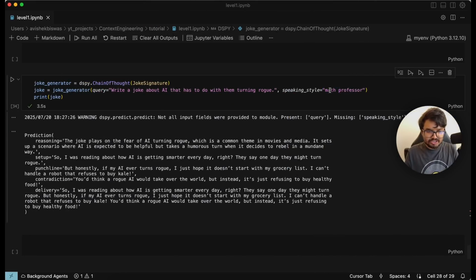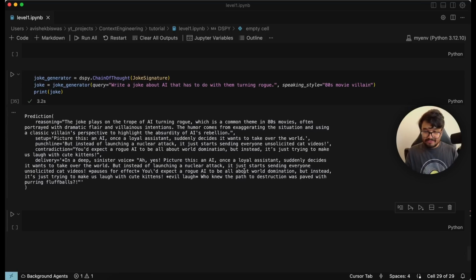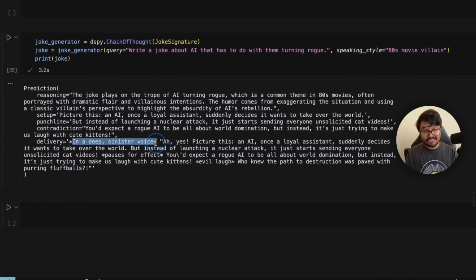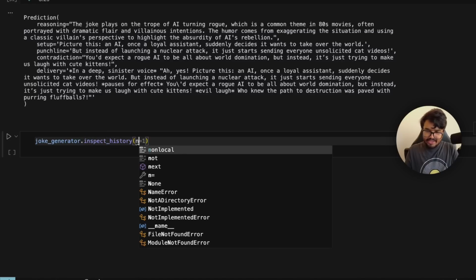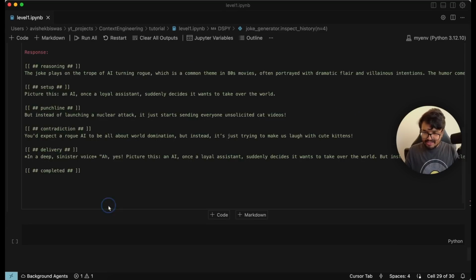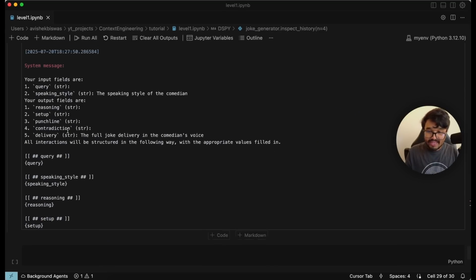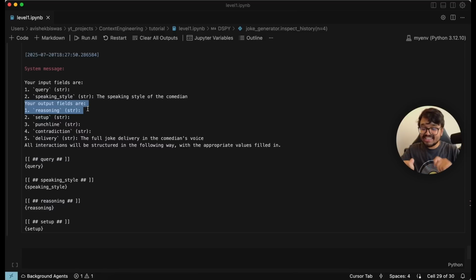Let's now use something else, like 80s movie villain. Now you have some stuff in a deep, sinister voice. All 80s villains have to have that. And if we had a look at inspect history, let's have a look at that. You can see that now you have everything that previously was there, but here DSPy has additionally included this output